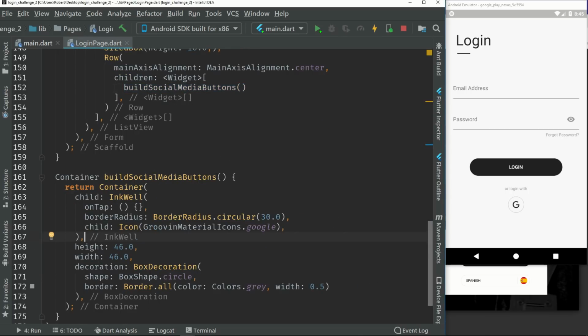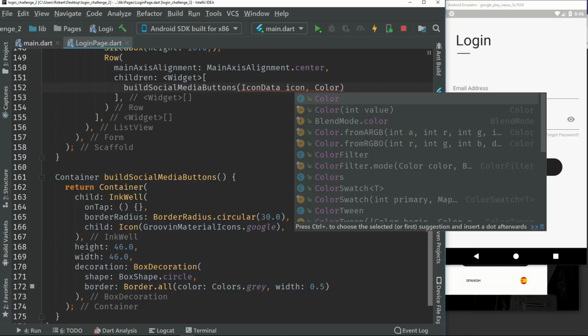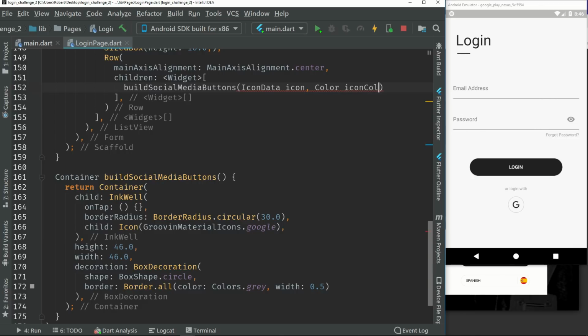And we will have that down here. So the parameters for this, because we don't want to rewrite this for each button, we will take an icon data, which will be the icon, and we will also have a color for the icon color. Now I actually gave it to the wrong one, so cut that out, give it here. And so for the icon, we can put the icon, and the icon color will just be